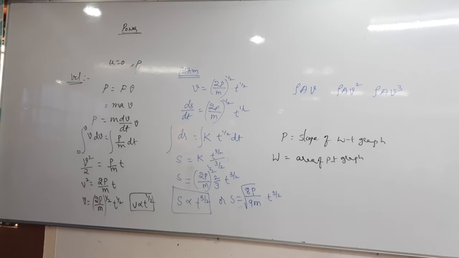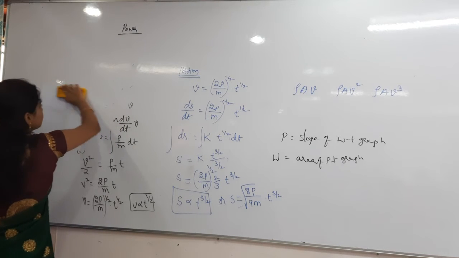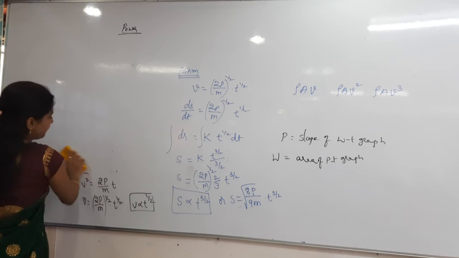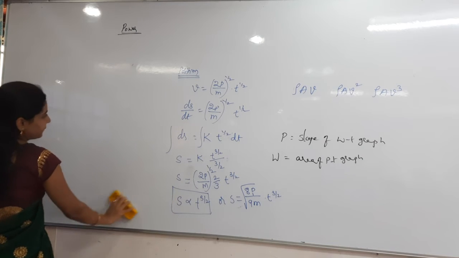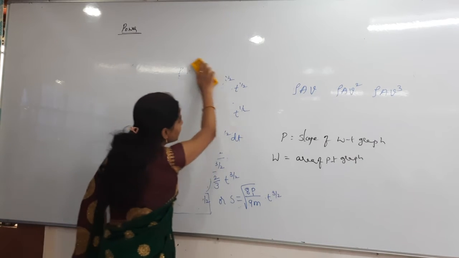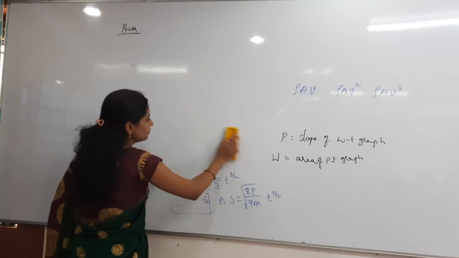Shall I repeat the question again? When a liquid of density rho coming out of a hose pipe of area of cross section A with velocity v strikes normally and dead on the wall, then find the power exerted by the liquid. Calculate. Power exerted by the wall, you have to find out. Exerted by the wall or on the wall? On the wall. By the liquid on the wall. Finally, dead, nothing but final velocity is how much? 0.